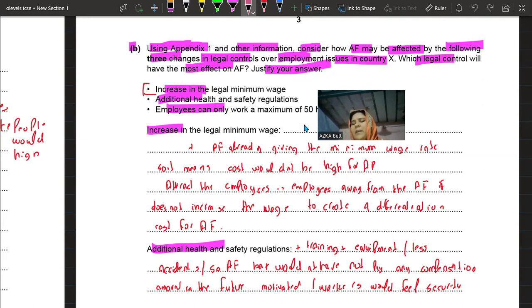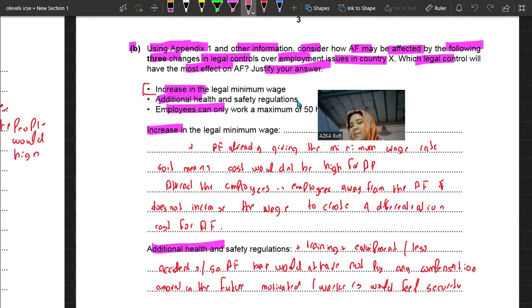But yes, the advantage can be that if they are working for fewer hours than before, of course it means that they will be less tired. And if they are less tired, then whatever they are working on and whatever product they are making, they would be 100% focused. But again, if we have to hire more labor, we have to pay them again the